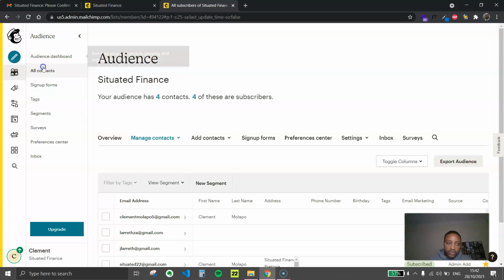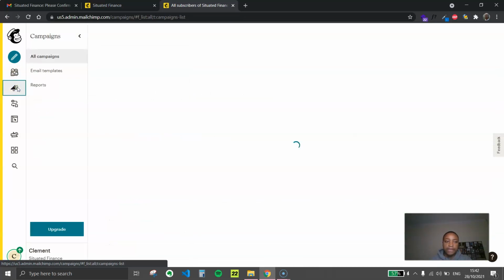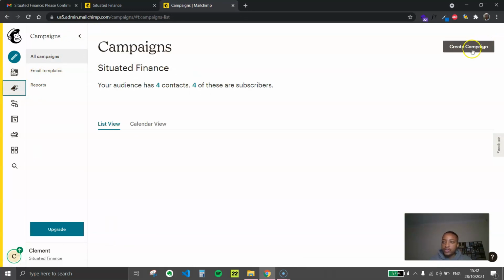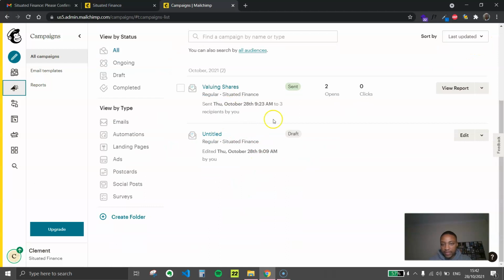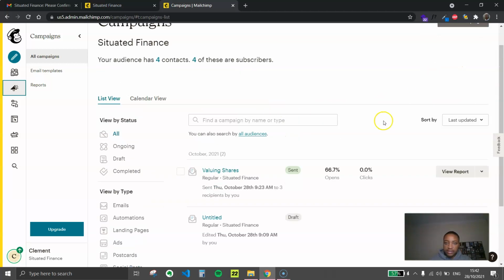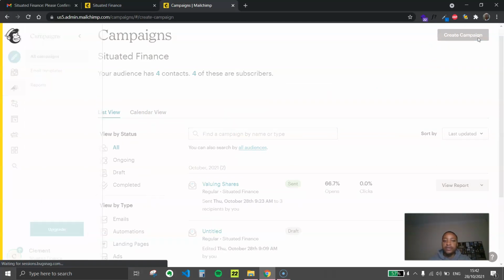So the first thing that you do is you come here onto your left hand side where it says campaigns, and you say create campaign. So here you will see a list of all the campaigns that you did. As you can see, we once did a valuing shares campaign when we were testing out the email list, but we're going to create a new one and say create campaign,